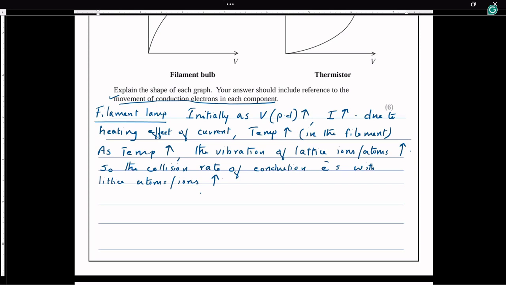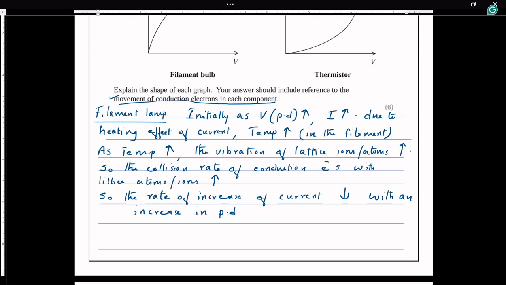This can increase the resistance. Resistance is increasing means the rate of increase of current decreases. So as the collision rate increases, the rate of increase of current decreases with an increase in PD. See, PD is continuously increasing, but along with the PD, initially we see that as the PD increases,